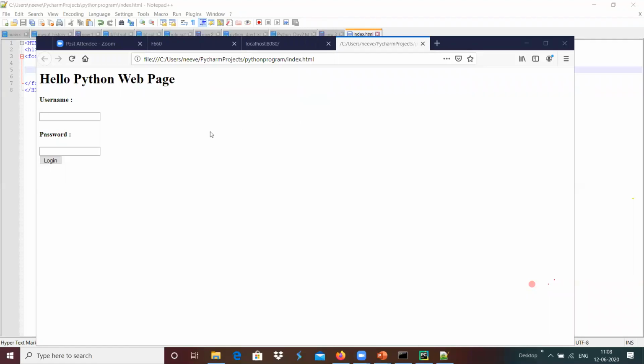Now we have the HTML page. How can we use it for research? I'm not sure about how we can use it for research.